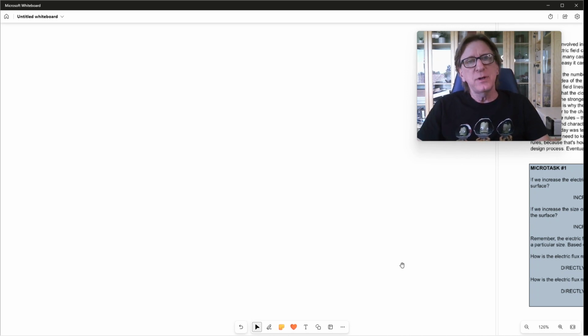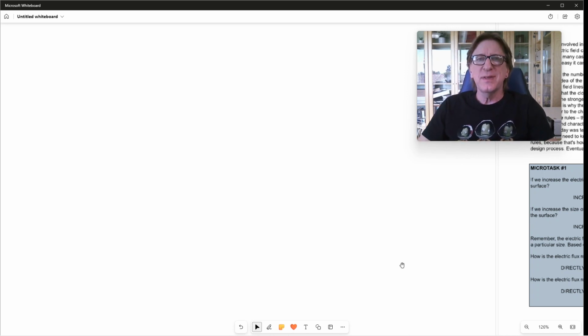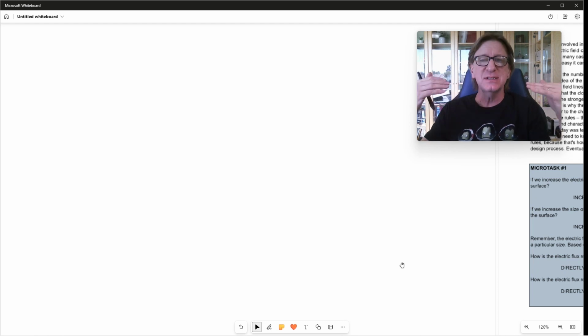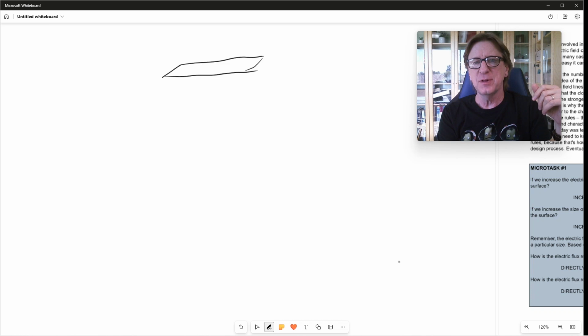The idea that we're going to use for finding this electric field is something called the electric flux. The electric flux is the number of field lines that are penetrating any kind of surface. And it doesn't have to be a physical surface. It can be an imaginary surface. So for one of the examples we're going to be looking at, let's take our parallel plate capacitor. If this is the top plate of my capacitor and this is the bottom plate of my capacitor,